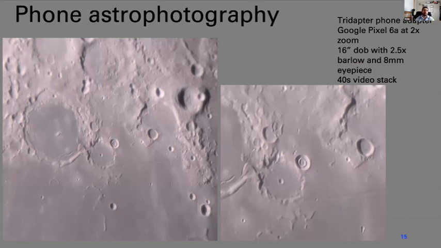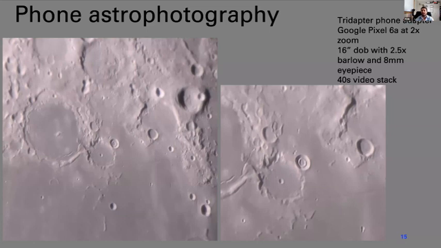And one of the things that sometimes we don't realize is that the imaging sensor inside your cell phone is often the same imaging sensor that's used in high-end planetary cameras. It's just that your phone can do all of that processing and noise reduction and everything automatically. So you don't need to spend as much time on it afterwards. And this was, of course, taken with my Google Pixel 6a using a 16-inch DOB. But when you're using a DOB that big, oftentimes you're limited by the atmosphere.